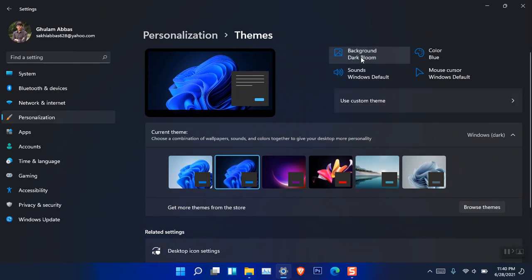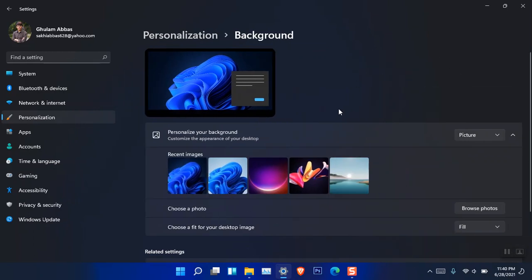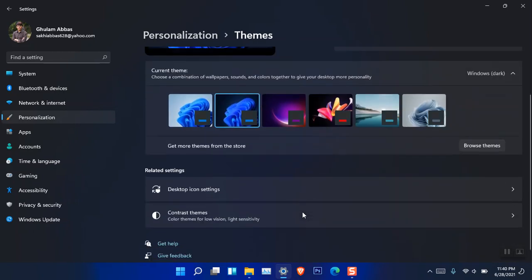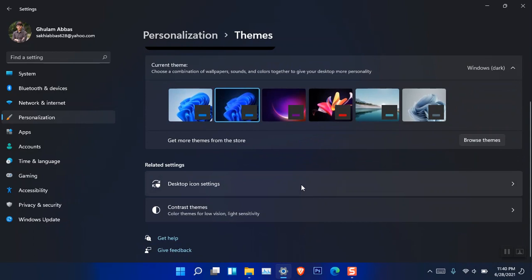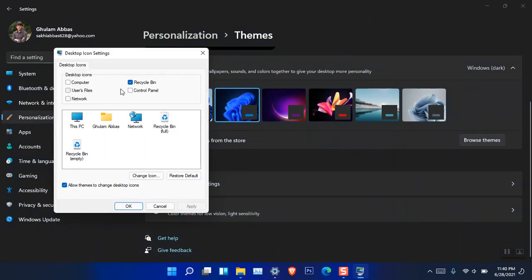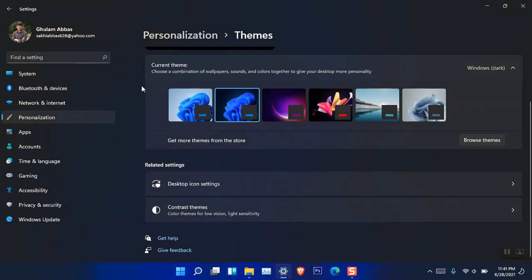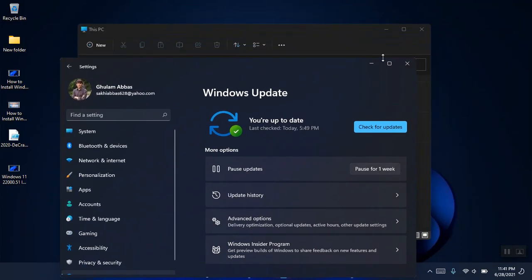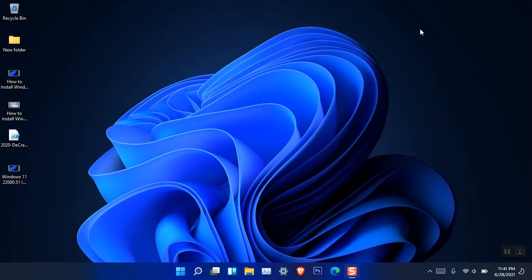Yep, that is still the same. Okay, Personalize, Themes. Okay, it was also available in the previous versions. It's still available here. You can also turn it on or off from here. So in simple words, Microsoft has, in the Insider Preview version, updated the settings,